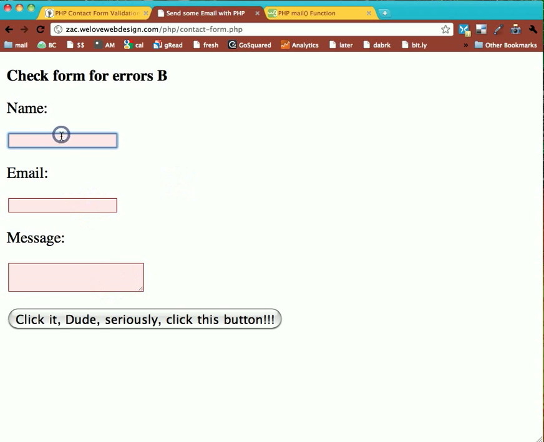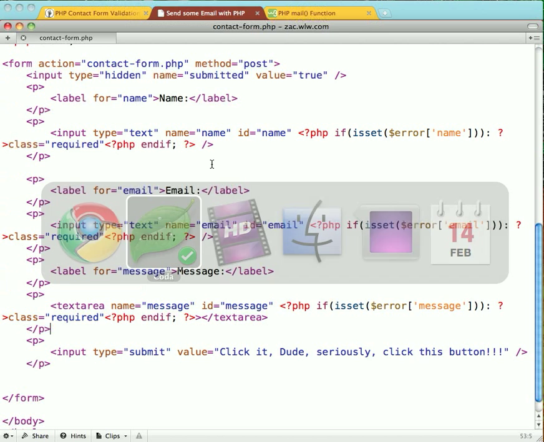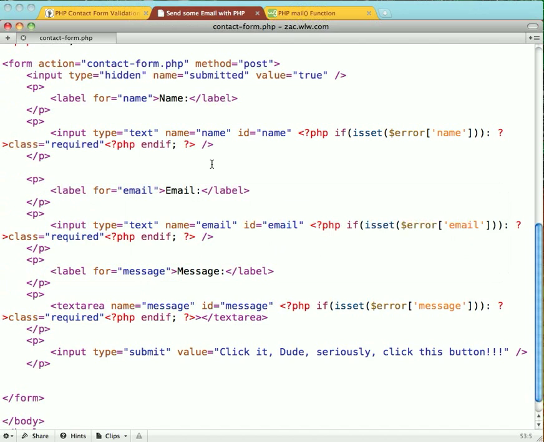I mean, we're web developers. We don't really know what design is anyway, so we'll just leave it at that. Now, taking it to the next level, if we input a name and click it, notice that the email and message are required, and that name does not show up. Now it's saved in memory. So what we could actually do is another if condition and say, if it's been submitted, go ahead and print out that name as the value of the form. So if we come back into our code here,